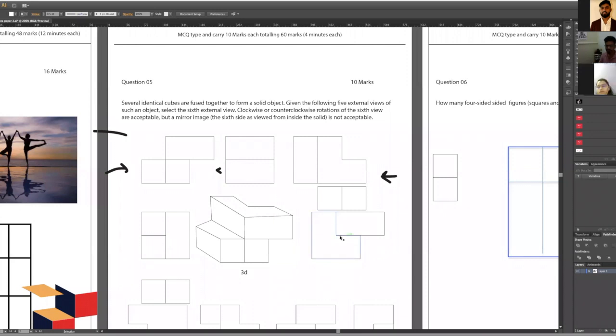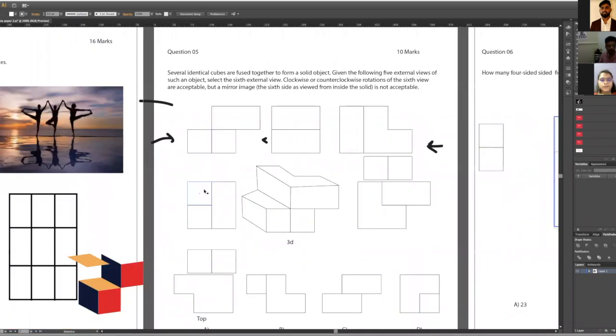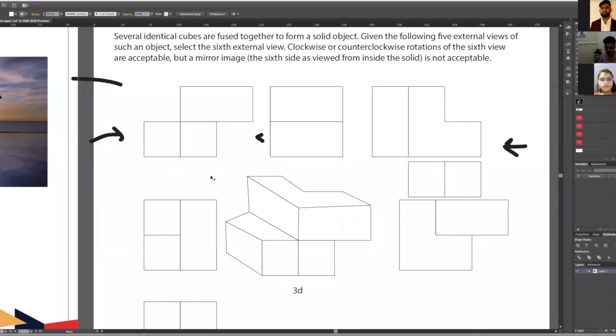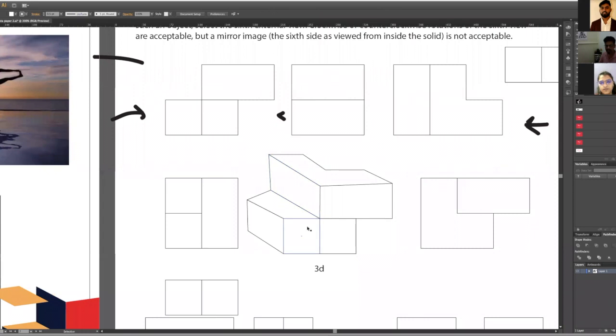Yes, sir. Okay, guys, so right now we are able to figure out that this is the view from this side. Is it clear? Yes, sir. Correct. Okay. Now, the last image which we have, automatically this is some image which will represent either the bottom or the other side of the face. Okay. Now, let's redraw this a little bit more.